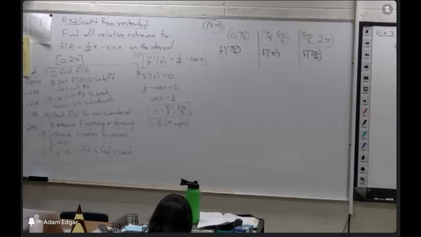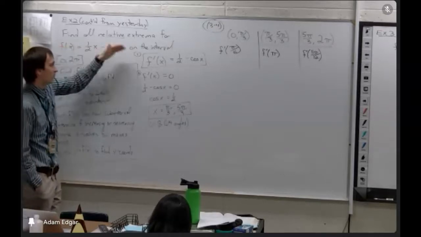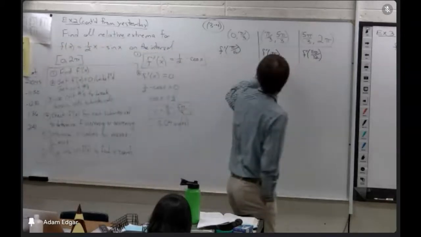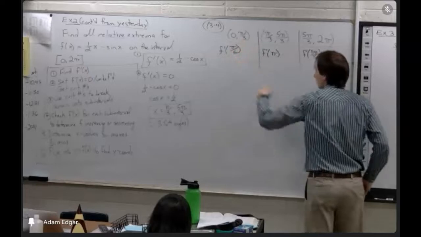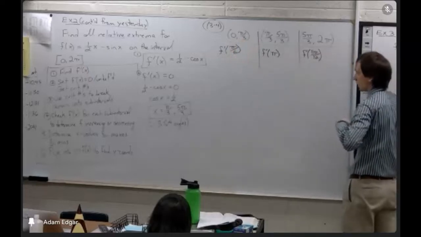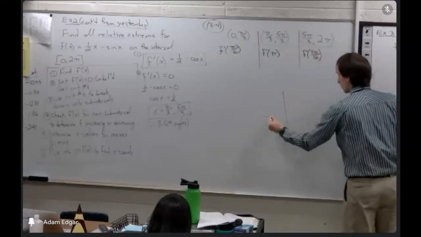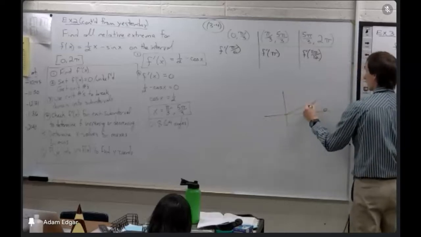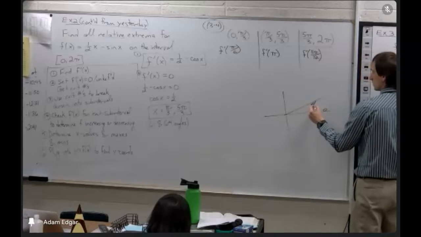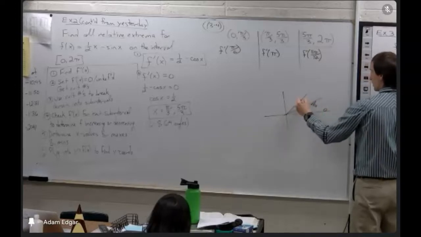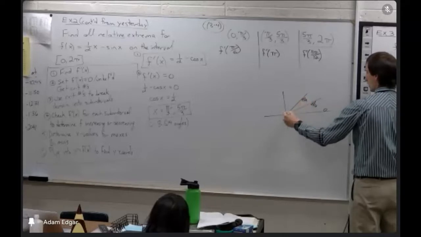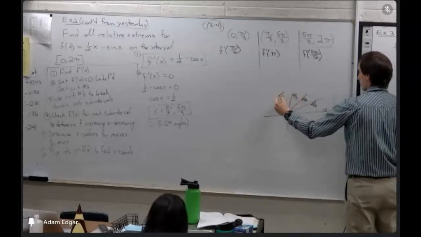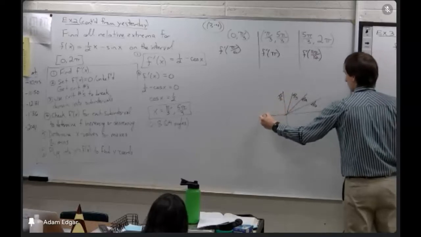So yesterday we got up to this point where we got the derivative, we got the critical numbers, we set this up. I think we picked numbers to go in. So between 0 and pi over 3 is pi over 6. And maybe it's helpful to have a quick little unit circle here. So here's 0, and then pi over, what's this angle? 6, and then halfway through the interval is pi over 4, and then up here is pi over, and then up top is pi over, and then halfway round is, and then down here is